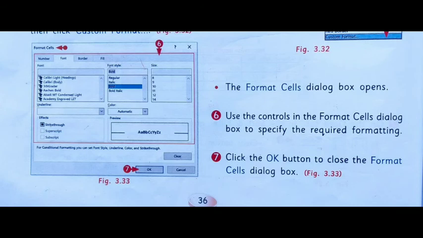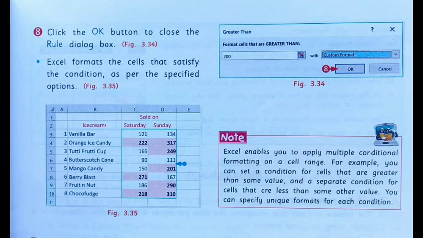Use the controls in the Format Cells dialog box to specify the required formatting. Then click the OK button to close the Format Cells dialog box. Click the OK button to close the rule dialog box. Then Excel formats the cells that meet the condition as per the specified option.